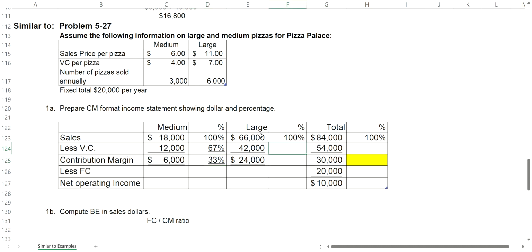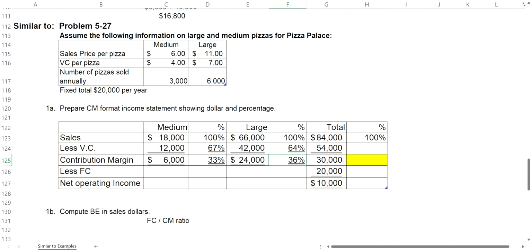Let's do the same for large, but in large, the numbers will be divided by sales of 66,000. So 42,000 divided by 66,000 makes variable cost 64% of sales, and 24,000 divided by 66,000 gives you a contribution